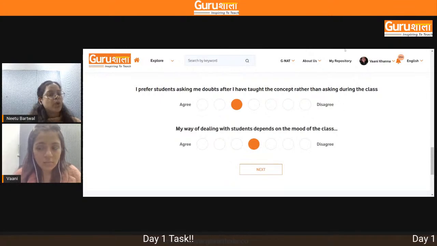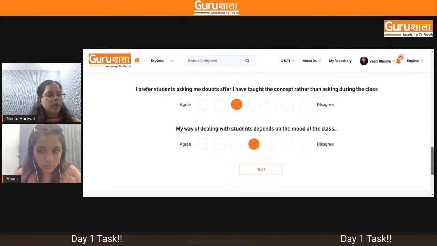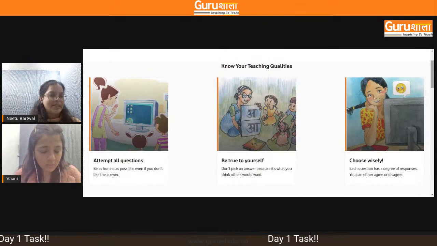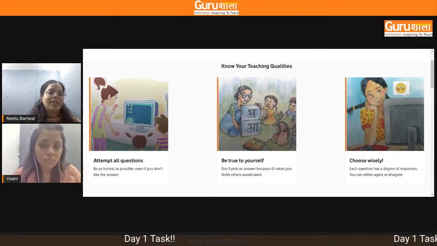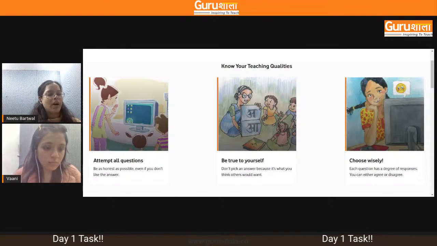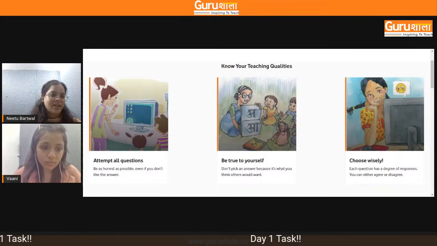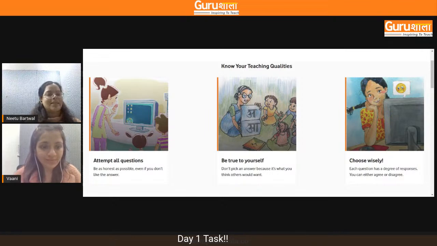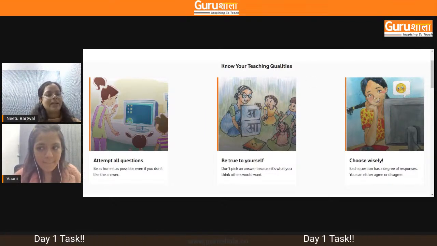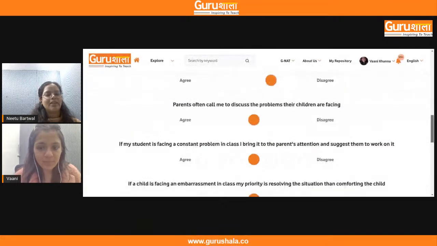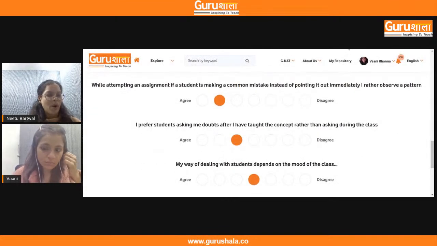All these traits, all these aspects are covered in this test, and once you answer all these questions, you will be able to see the result and the percentage of different traits inherent in you. So yes, that's the essence of this test, that you will get to know more about your personality, and wherever you feel there is a need of change or learning more about certain things, you will be able to plan it ahead.